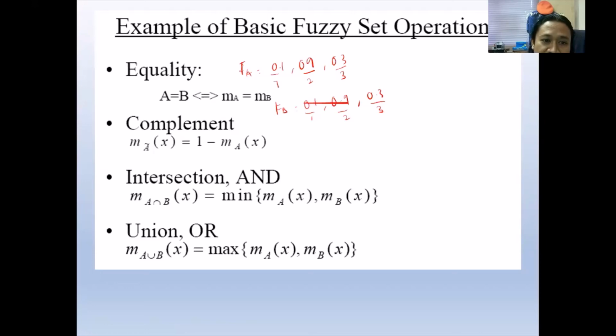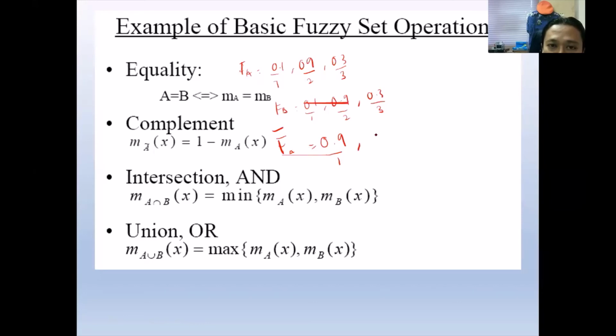If we do the complement, for example the complement of fuzzy set A, you can see the operation is 1 minus fuzzy set A. So 1 minus 0.1 is 0.9.